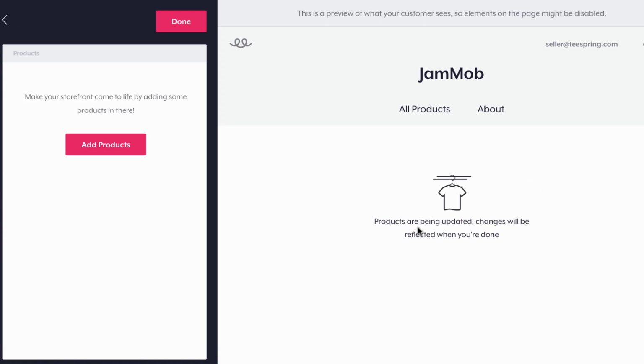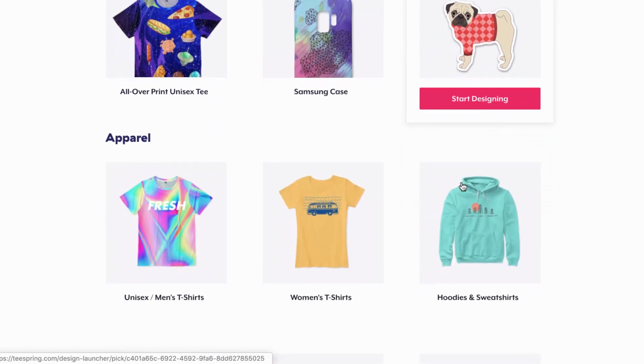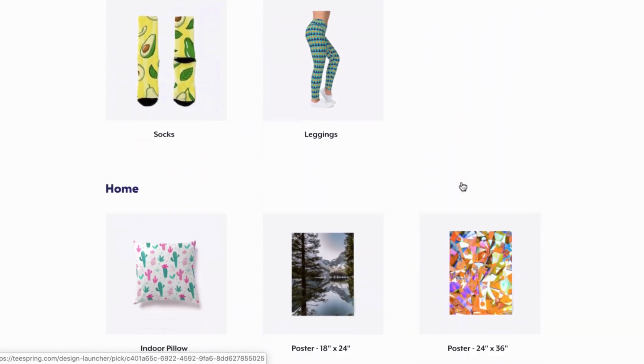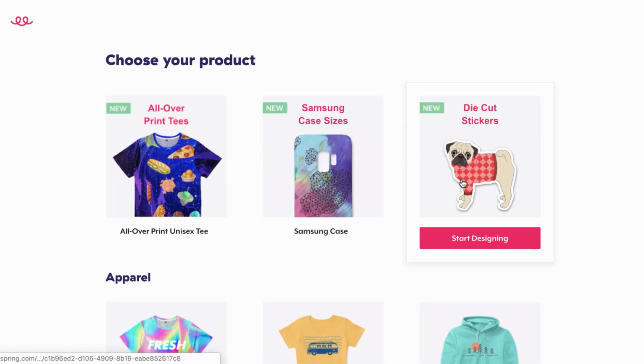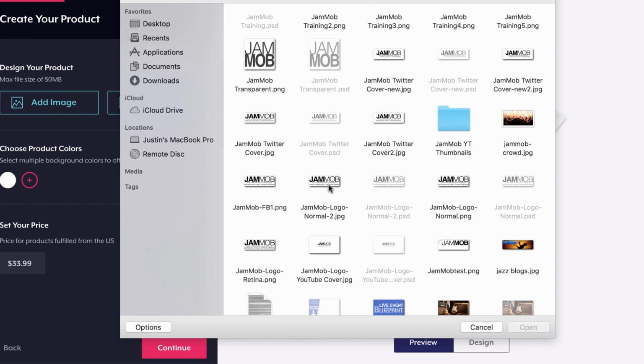Next, you just need to add some products to your store. Teespring offers a variety of print-on-demand products to choose from. T-shirts, hoodies, tank tops, socks, leggings, posters, blankets, cell phone cases, and more. So choose the first product that you want to create, upload the logo or image you want to print on the product,